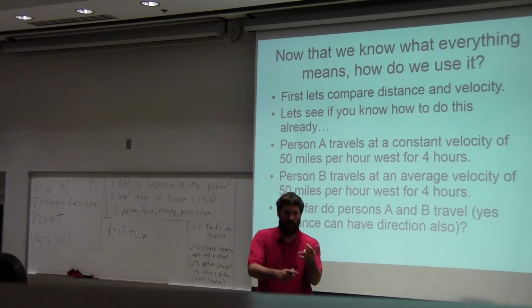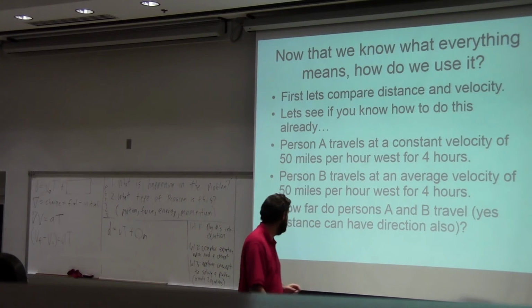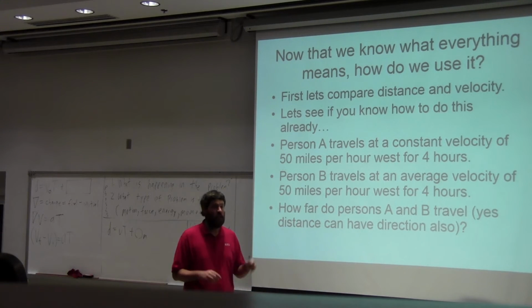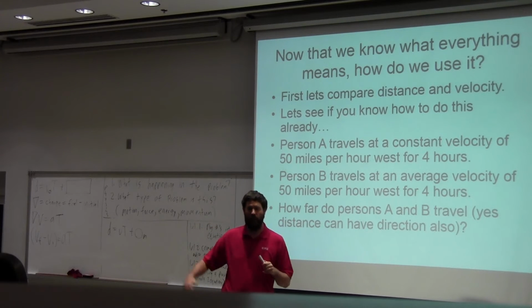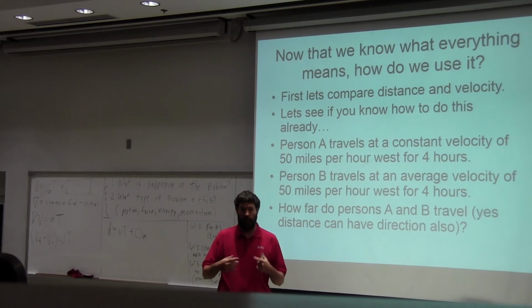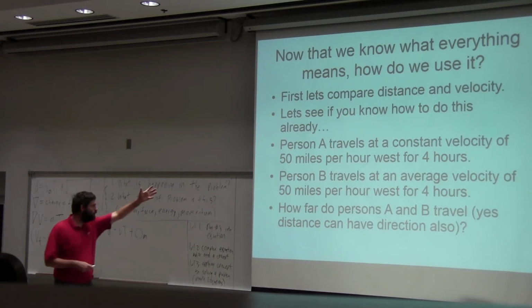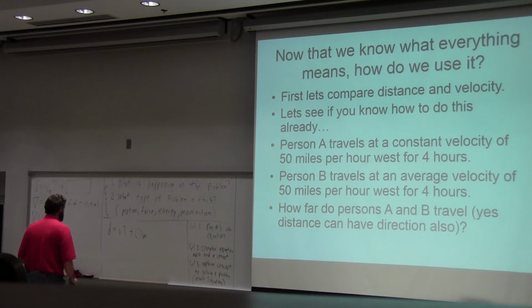Instantaneous includes final velocity, initial velocity, or any velocity at any given time and point. Those are instantaneous velocities. You cannot use an instantaneous velocity for d equals vt. You have to use the full equation. That's why it's a little bit tricky there. But here we have average and constant, so we just do